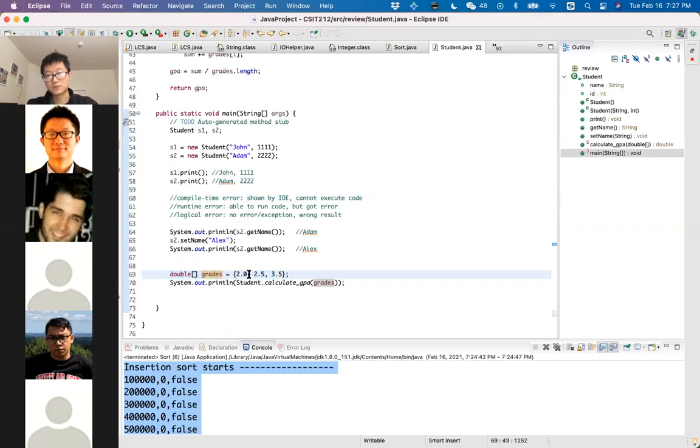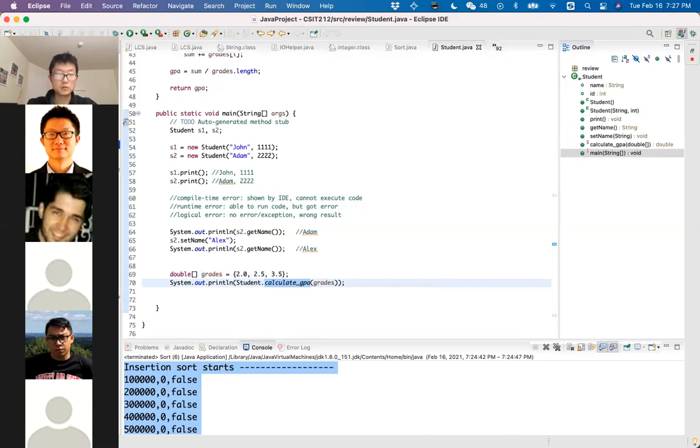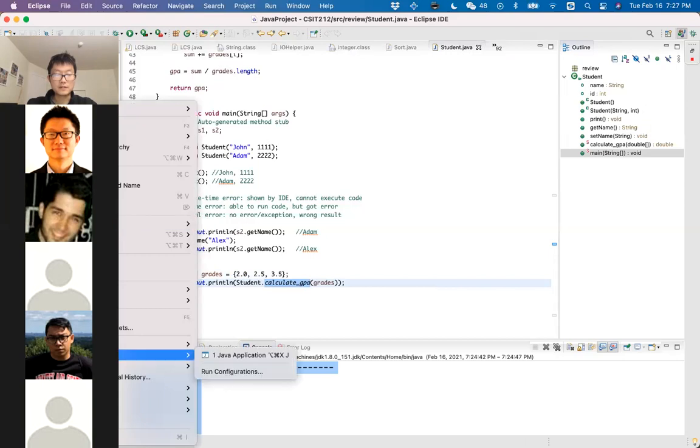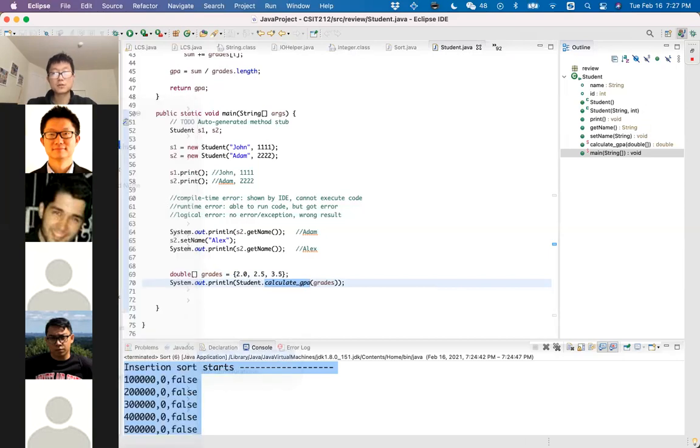So for example, if the student has taken 3 courses and the grades that the student received are 2.0, 2.5, and 3.5, we want to calculate the GPA for the student by calling the calculateGPA function and print out the GPA. So here, let's say with the code in its current shape, if we execute it,